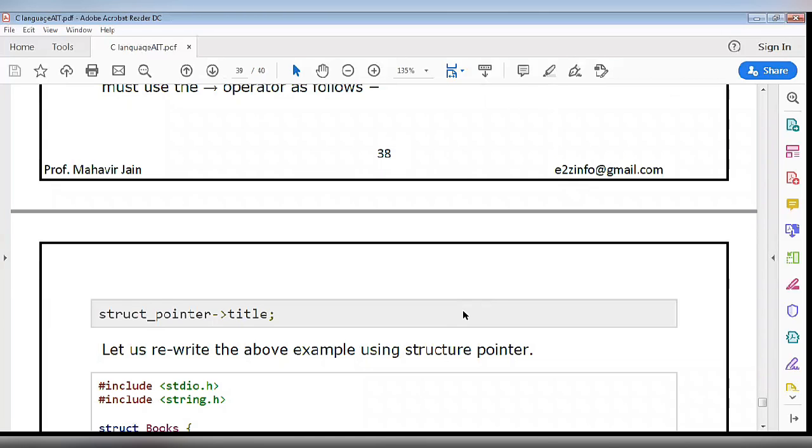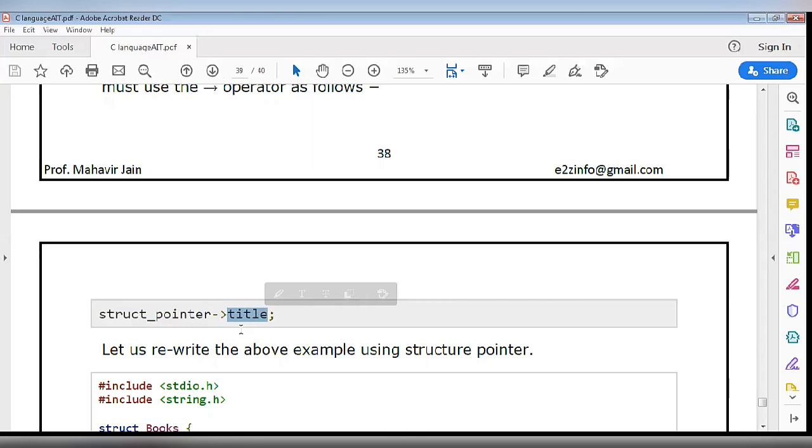Here title is the element of the structure and struct_pointer is the pointer variable of the structure. So here the arrow stands for the member access operator. Whenever you are using the arrow, on the left hand side there must be a pointer variable of the structure and on the right hand side there must be some element of the structure that you want to access.